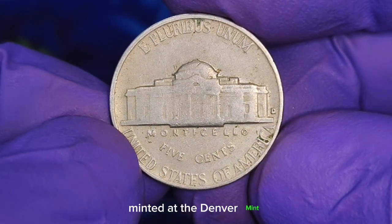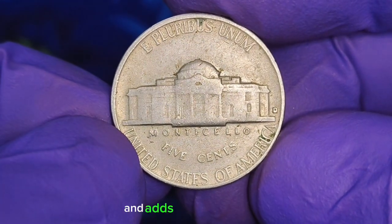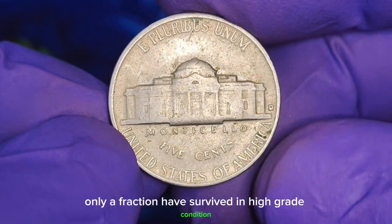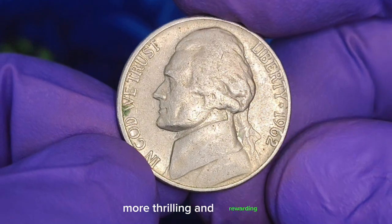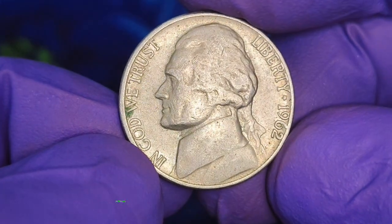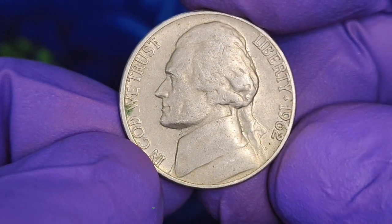Minted at the Denver Mint, the D mint mark on the coin signifies its place of origin and adds to its collectability. Only a fraction have survived in high-grade condition, making the hunt for well-preserved examples more thrilling and rewarding for collectors today. What makes the 1962 D Jefferson nickel truly stand out are its distinctive design elements and historical